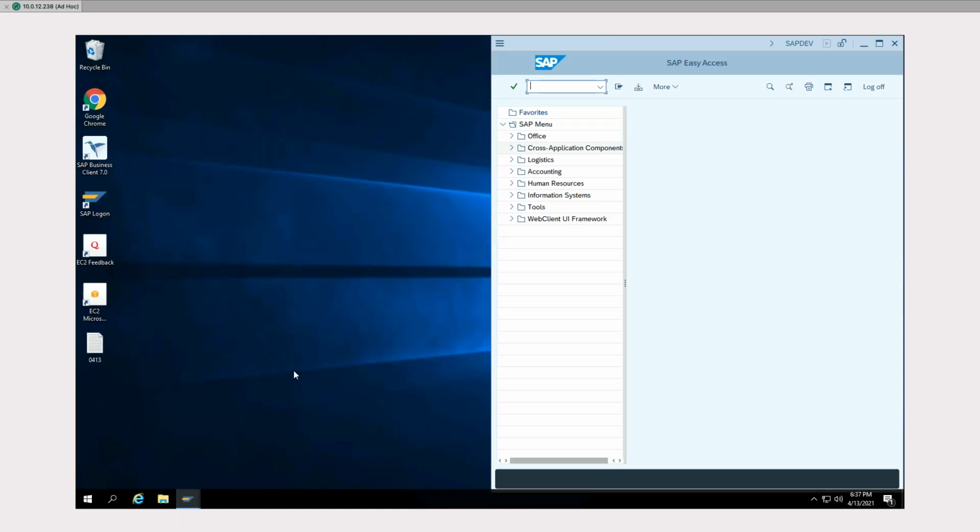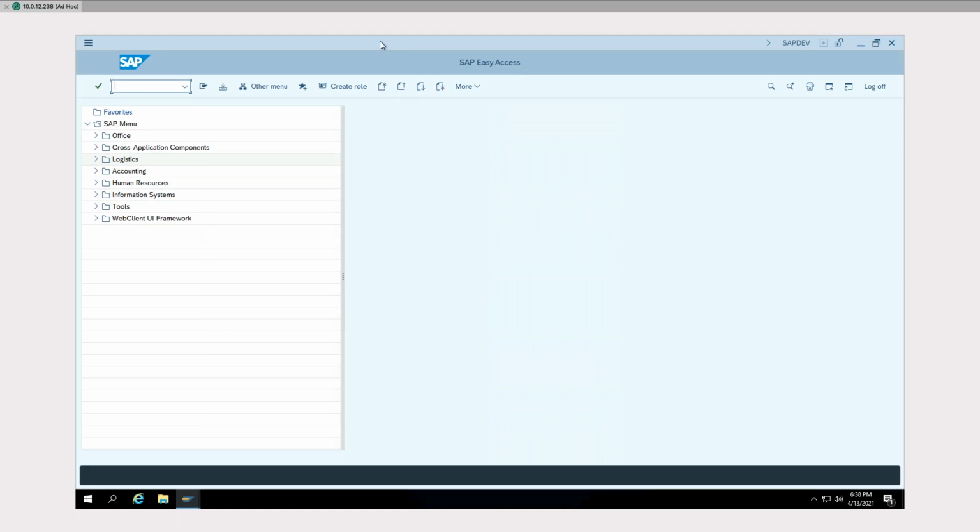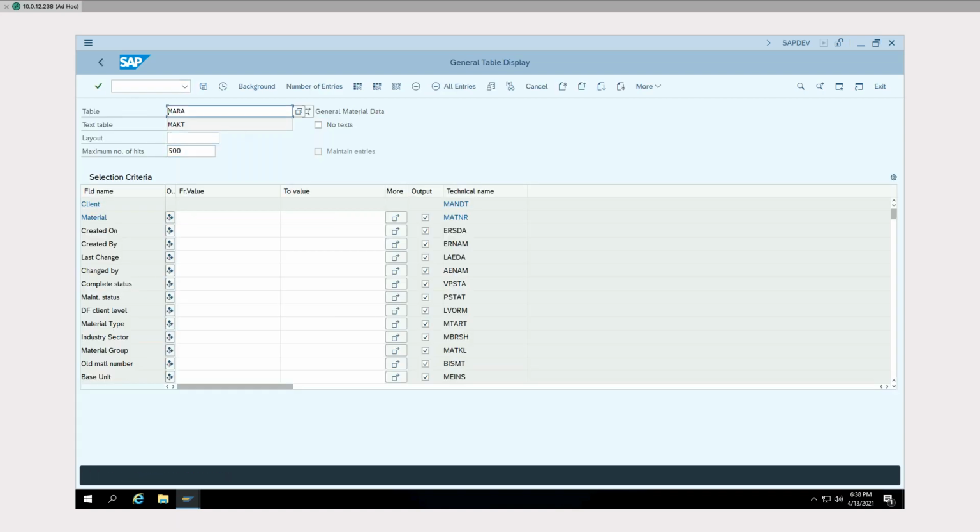The other scenario that I wanted to share is the SOD scenario that Greg was talking about. So if I go into two conflicting sets of transactions that the user can execute, for example, creating a purchase order and trying to post a goods receipt against the same purchase order. So if I go in and pick a purchase order that's created by this user,